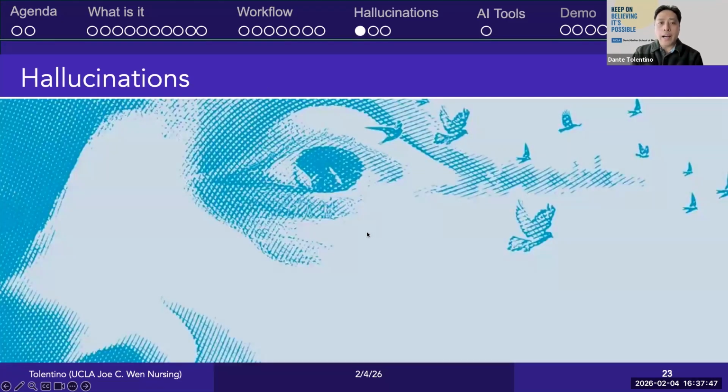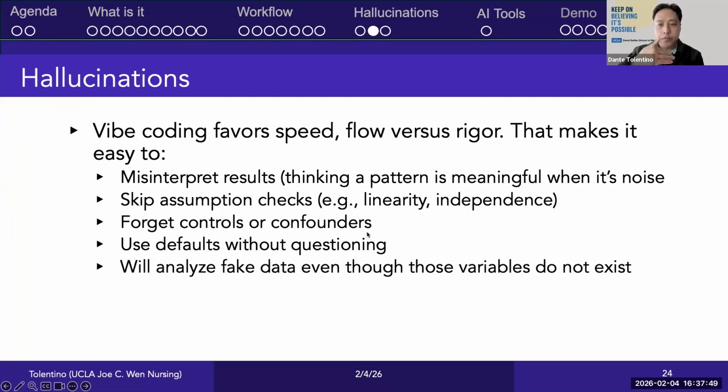All right. Hallucinations, again, because vibe coding favors speed and flow versus understanding and rigor. When you're vibe coding, it really makes it easy to, one, misinterpret the results, right? So thinking that there is a pattern, because a lot of these Gen AI are really good at finding patterns, even though it's not meaningful or it's actually noise.